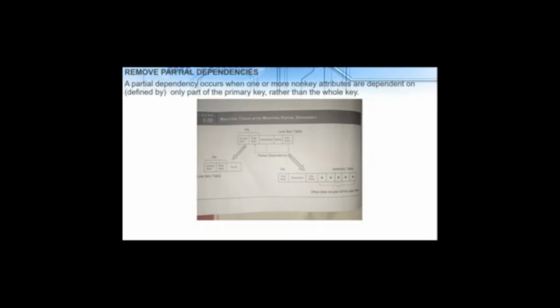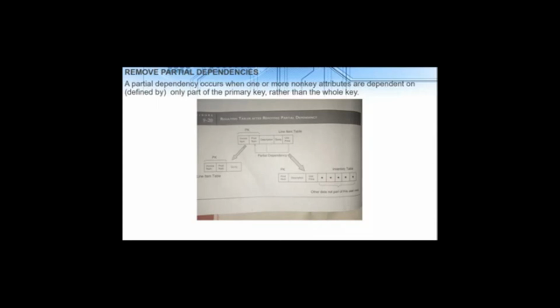If we assume, however, that the price charged for item R234 is the same for all customers, then the unit price attribute is common to all transactions involving product R234. Similarly, the attribute description is common to all transactions. These two attributes are not dependent on the invoice number component of the composite key. Instead, they are defined by product number only, and therefore are partially dependent rather than fully dependent